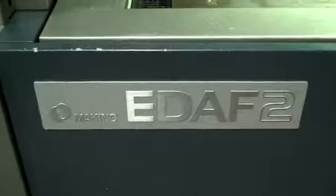2013 Makino EDAF2 CNC EDM. Current hours: 5,813 burn hours, 35,853 on time. Machine is equipped